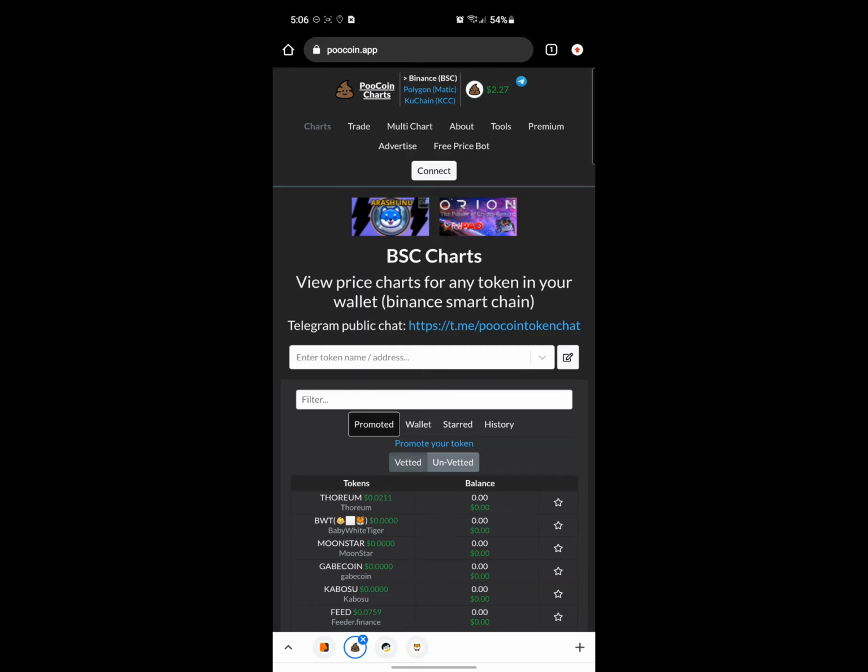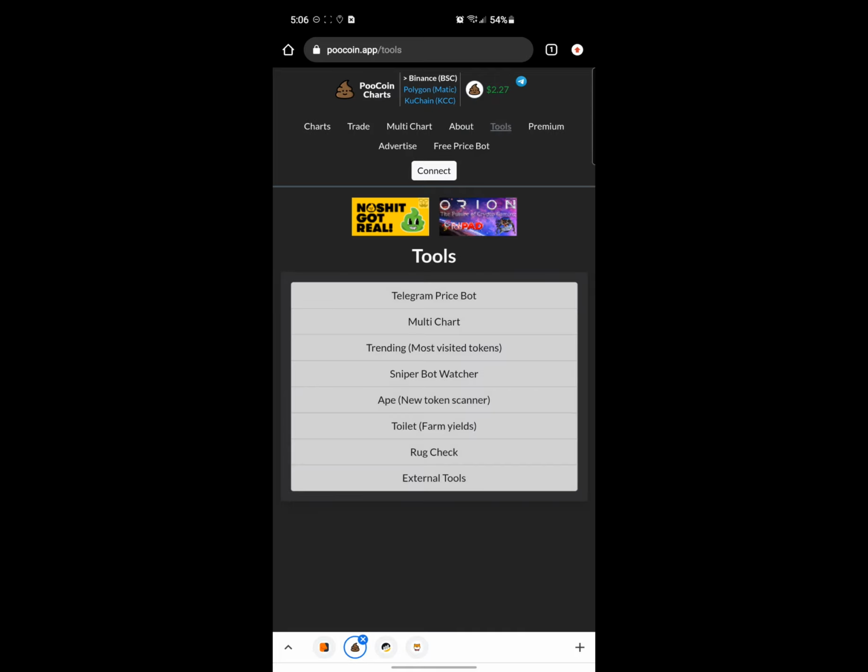on the coin in just the Poocoin charts. But there are also other tools in Poocoin. If you click on the tools section that's beside about, here are a whole bunch of different tools. I like to use the one that's called rug check, so we're going to click on rug check,